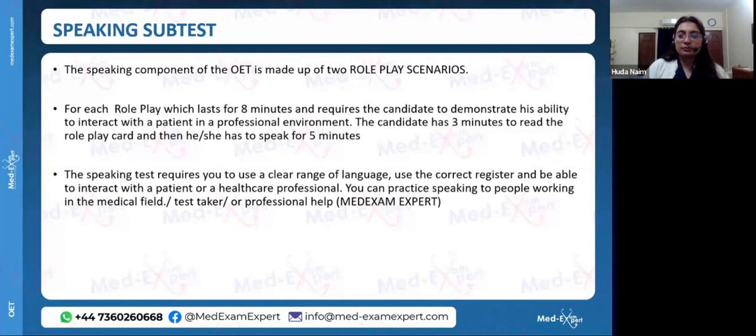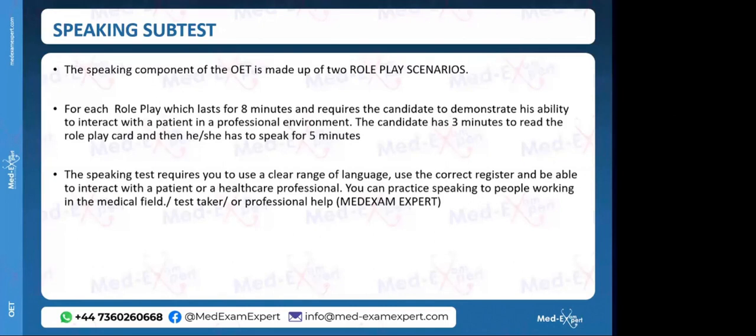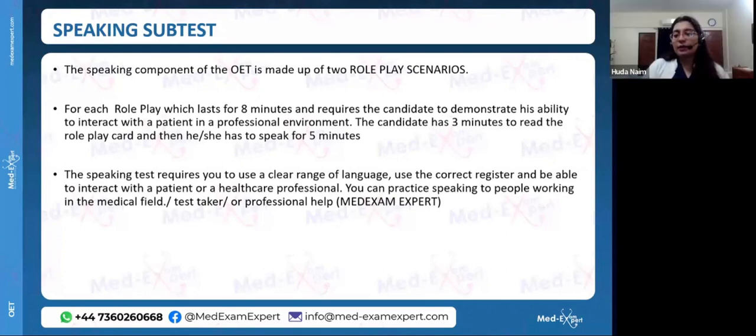Okay. Like in symptoms, if two symptoms are mentioned, we cannot ask about any other symptom. I think the ideal thing would be to stick to the role play card, because the problem is that I might be a doctor, but the interlocutor will not be a doctor all the time. So if you ask any complex medical terminology, they might not be able to answer that, and there you will get confused. So the ideal thing is to stick to the role play card, because they are also trained to answer those questions which are present on the role play card.